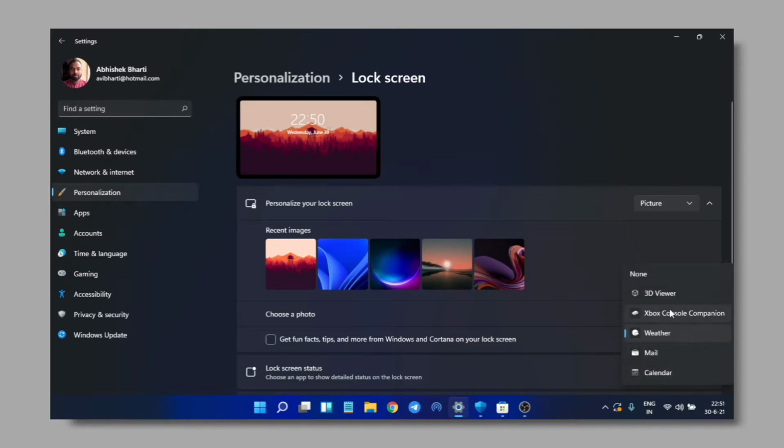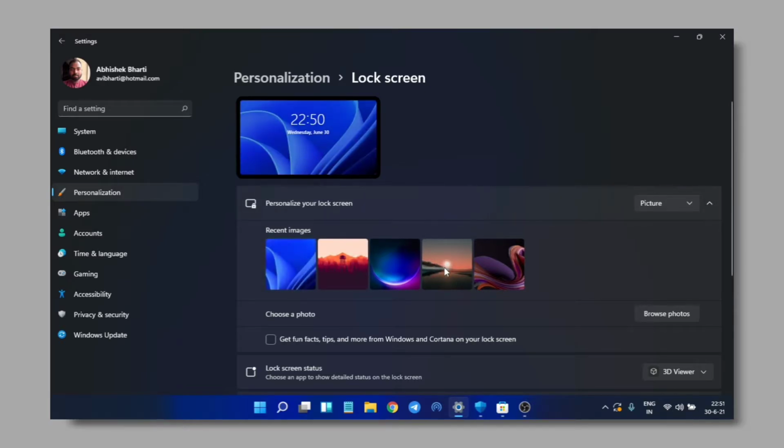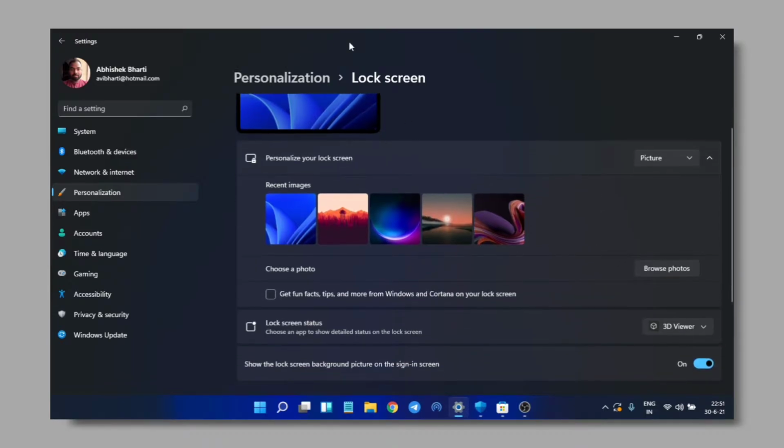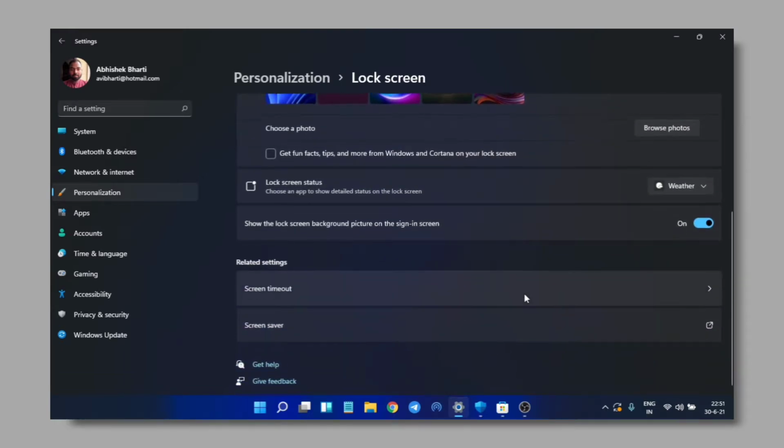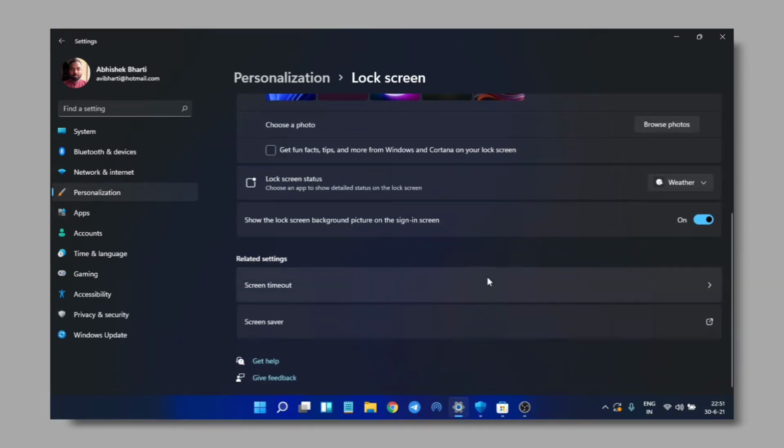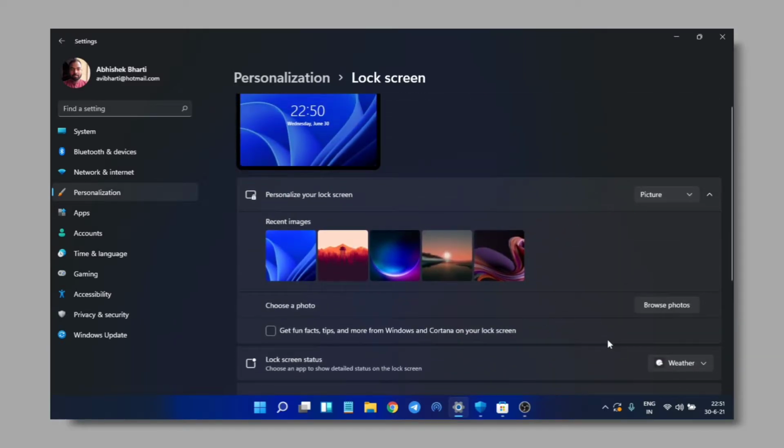Okay, if I go to 3D viewer, so I think it shows you the wallpaper. If you change your wallpaper, if I change it to this, okay, so it's just showing me the preview of the wallpaper. It's more like a tablet, you can see here, but it's actually a screen. Actually, I'm gonna set it back to calendar. I think I'm gonna keep it at weather, and I'll try to post the screenshot on my social media if you want to see how it looks like.